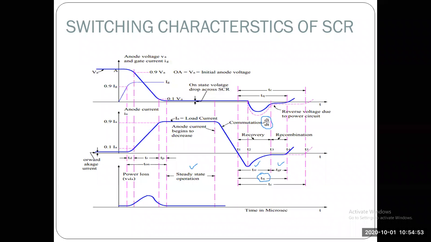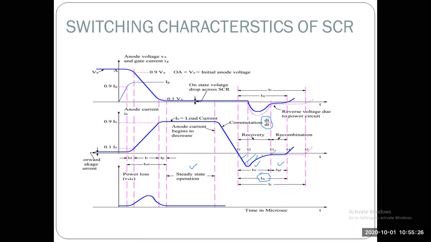This rate of change of current is gradually decreasing from a constant value to a lower value. But it is not held at zero value. That is, the anode current will not become zero. It further goes to the negative region, and slowly decreases to a constant value. On the negative side it again starts decreasing. This area which we are seeing here under this curve between t1 is the charge carrier.